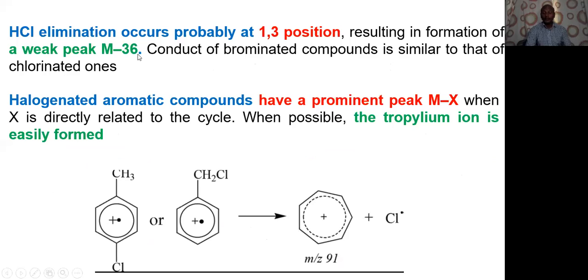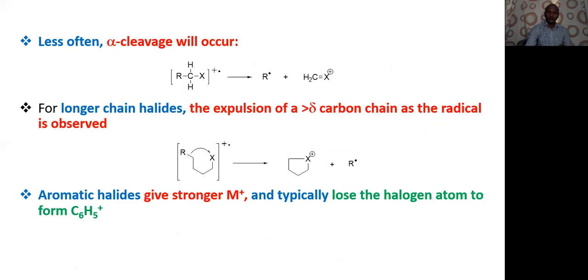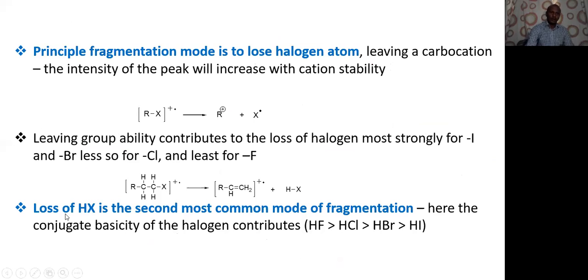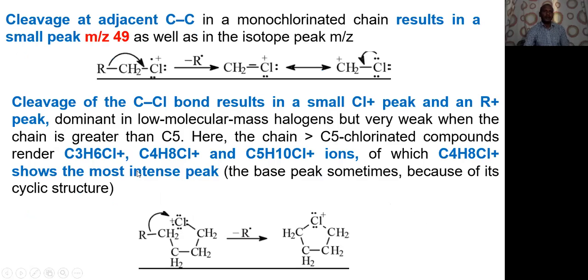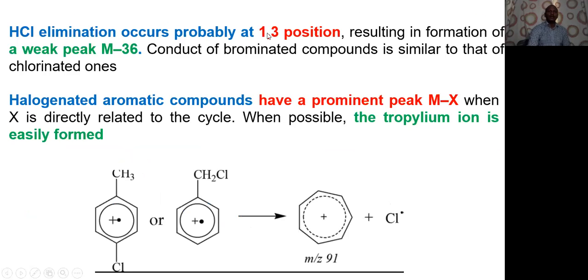You can also find that. Okay, that is loss of HCl, as we already discussed. So loss of hydrogen halide also occurs. That is generally at the 1,3 position. So this is one loss, which we were discussing. So the elimination probability will be at the 1,3 position, giving the M-31 peak for CH3Cl,